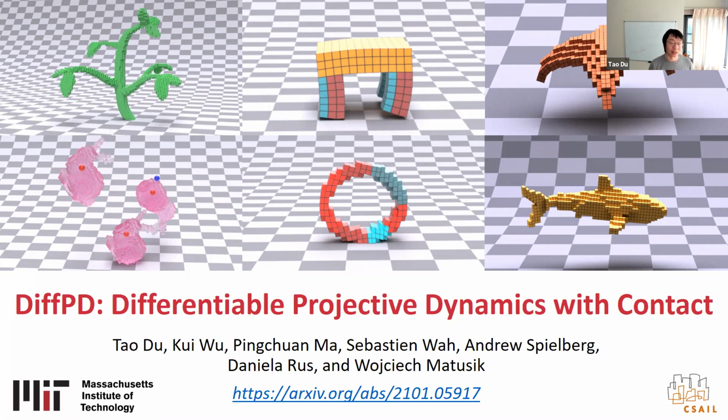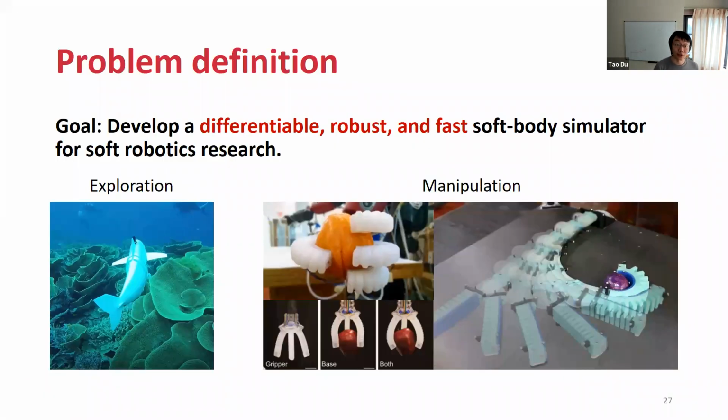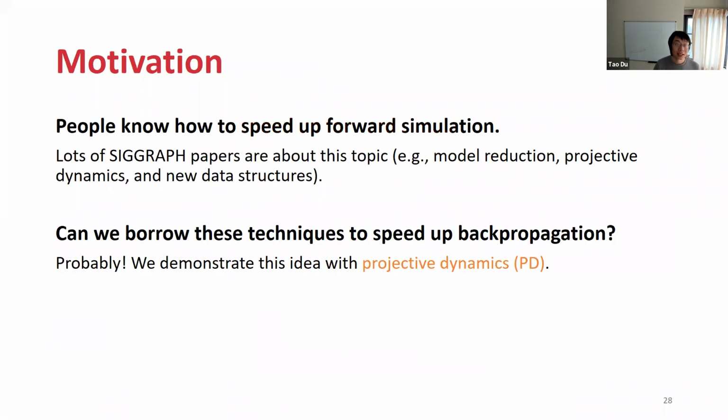The first one is a paper called Differentiable Projective Dynamics with Contact. In this project, our goal is to develop a differentiable, robust, and fast soft body simulator for soft body research. The motivation behind our work is that we have noticed that, at least in the graphics community, people know how to speed up the forward simulation process for deformable body simulation or soft body simulation. There have been lots of SIGGRAPH papers and other graphics papers working on this topic,